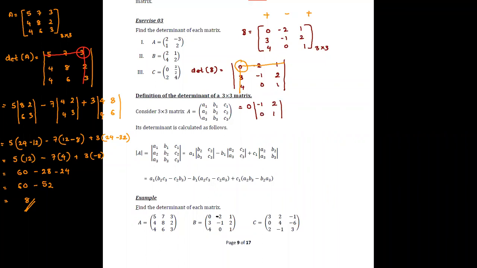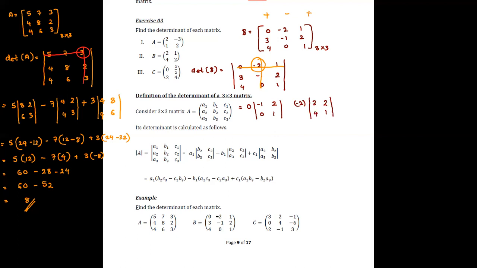Then we have to move to the first row, second column. The first row, second column value gives us -2, and once you cut off the row and column, you will get the values here. This value is -2. It is better to write it inside the brackets, because once you apply the sign rule here, it would be somewhat complex otherwise. Then we'll have the values 3 and 2, 4 with 1.